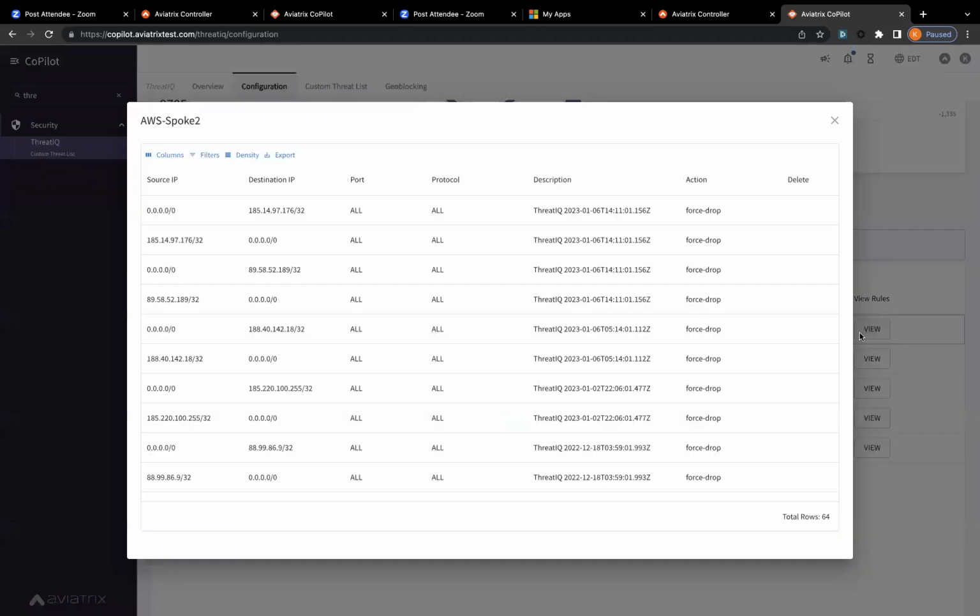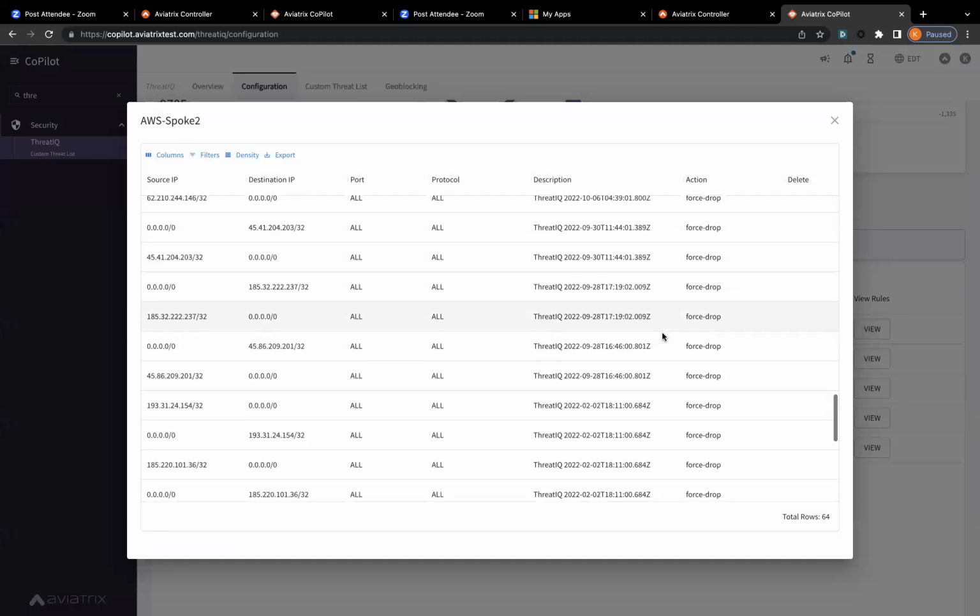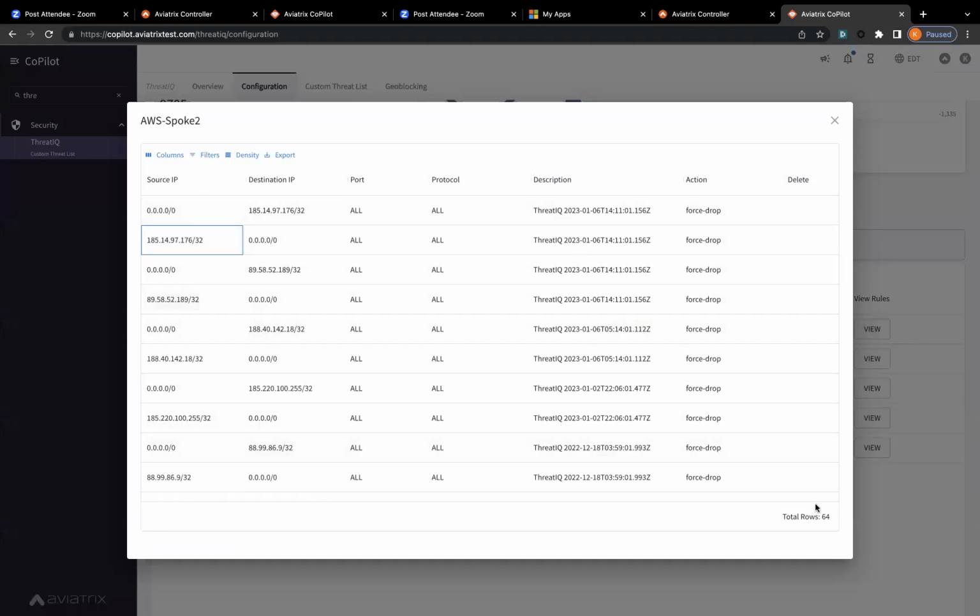So if I open the gateway, these are basically the firewall rules that have force drop action. We have dropped the traffic and we drop it in both directions. If traffic is going to a malicious IP or traffic is coming from a malicious IP, we want to ensure that no communication is possible with those malicious IP addresses. The reason you see 64 and you saw 32 IPs is because for every IP, we are programming two rules,